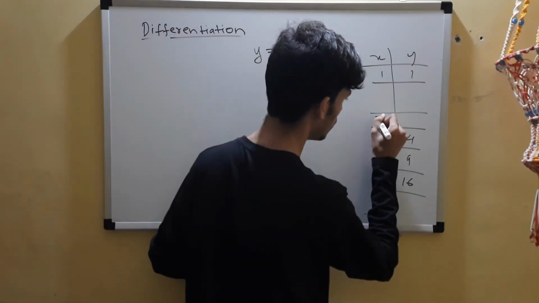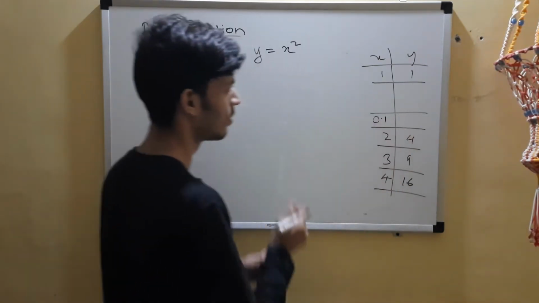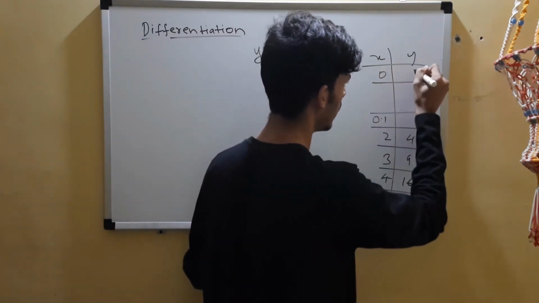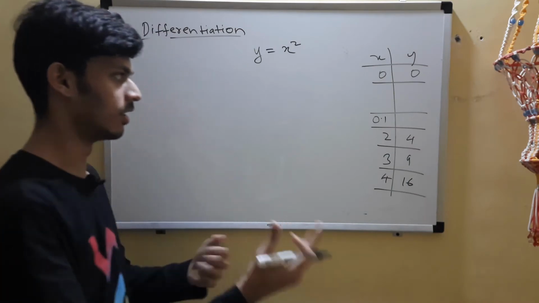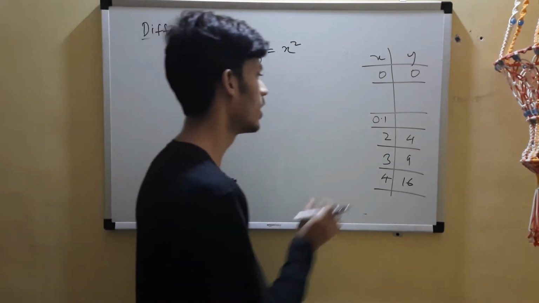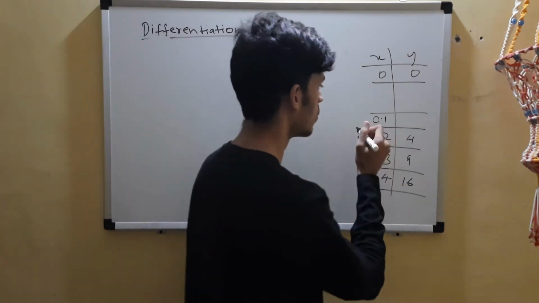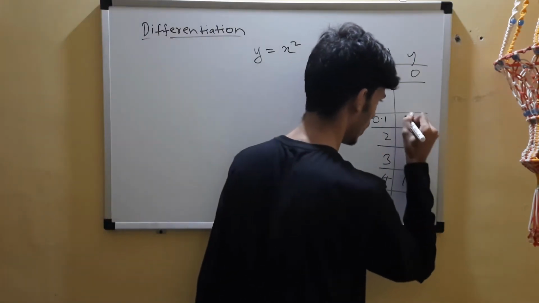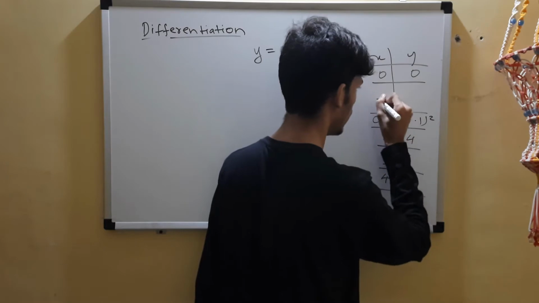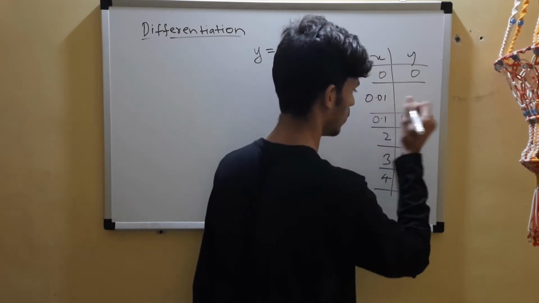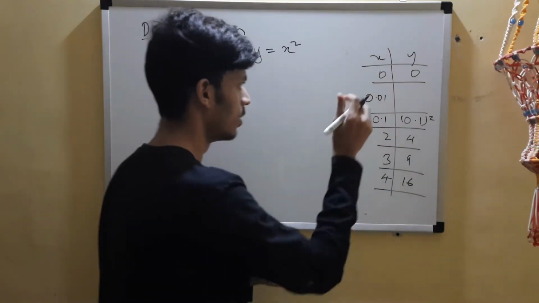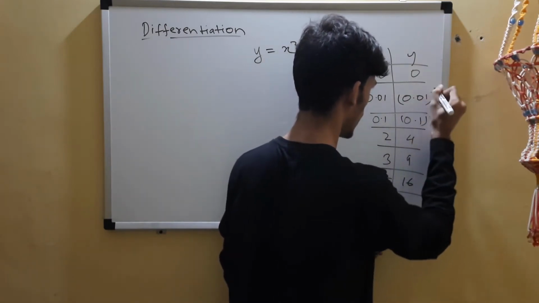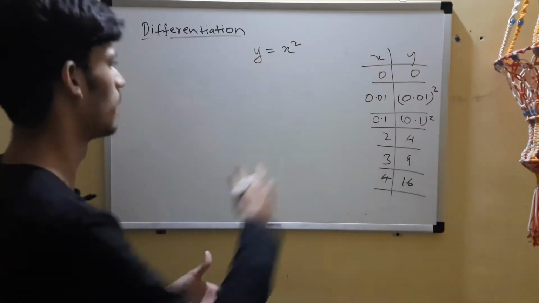So let's choose 0.1, and for convenience now we'll choose 0, 0. So that will make delta x and delta y calculations easier. Okay, so you have 0.1. So what will be y? Y is that square. So instead of writing that, I'll just write this. And you'll have 0.01. So we are taking values which are going closer towards 0. So y will be x square.